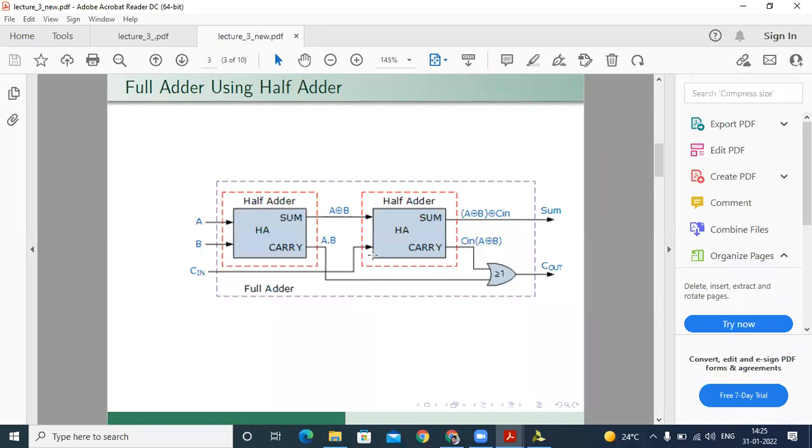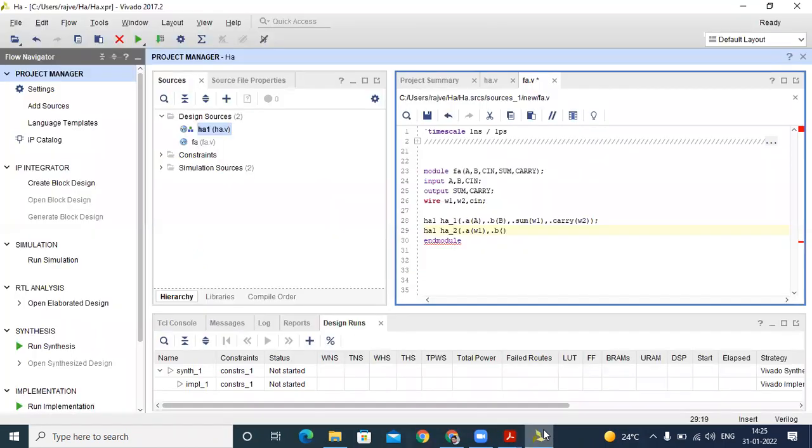B is connected to our carry in. This is our top module input. The second half adder has two inputs: W1 is connected to the first adder's sum, and the second input is connected to our C in. This is an external input, also available for our top module. So that's why we write C in here. We defined C in previously.